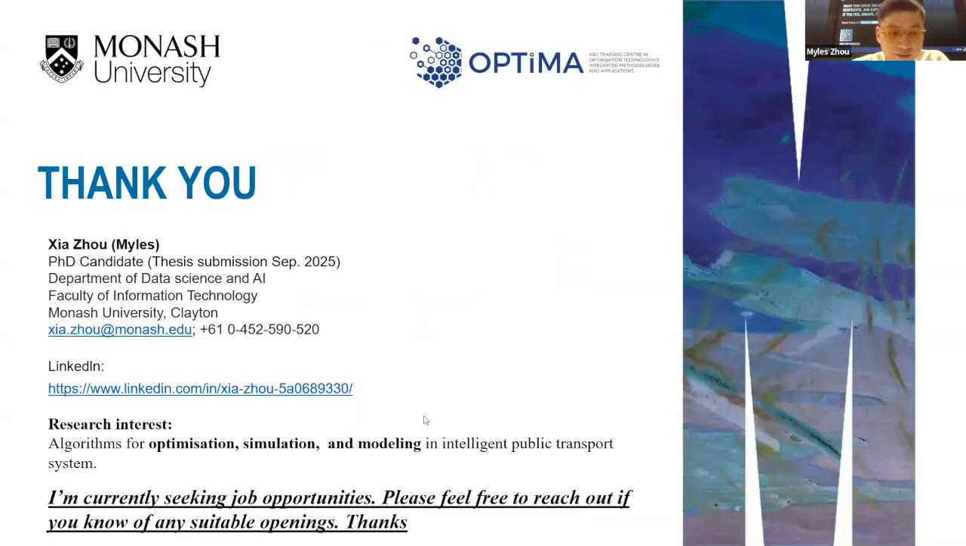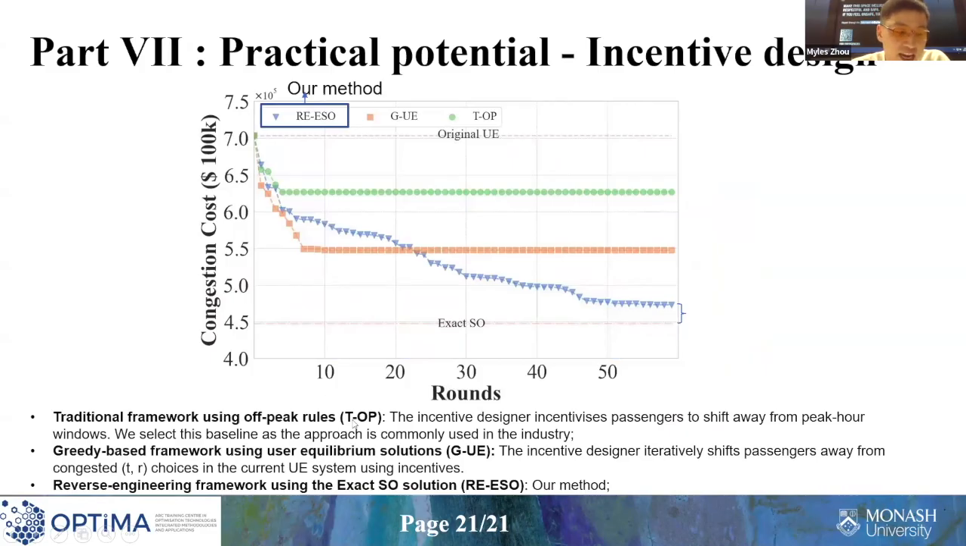Let's see the result. We have two baselines here. The first baseline is the traditional framework using the off-peak hour rule. The second baseline is the gap-based, gradient-based framework using user equilibrium solutions. The TOP method is the method that we mentioned before. It keeps implementing incentives in the off-peak hour times to attract more passengers for congestion relief. The gradient-based framework using user equilibrium solutions is an idea that the system will keep trying to find the congestion state, the congested area, and put an incentive on the alternative area to attract passengers